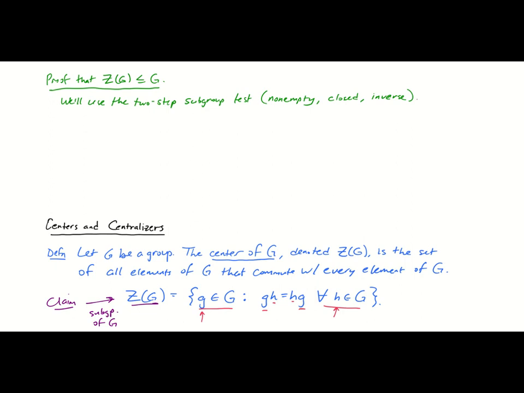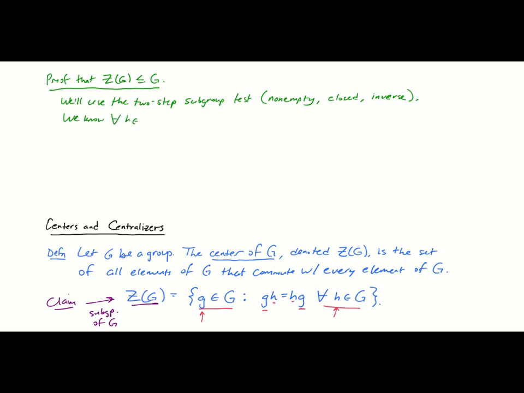Okay, so first of all, how do we know that there is an element in the center of G? How do we know it contains anything at all? What is there in G that we know commutes with everything? Well, there's the identity. We know